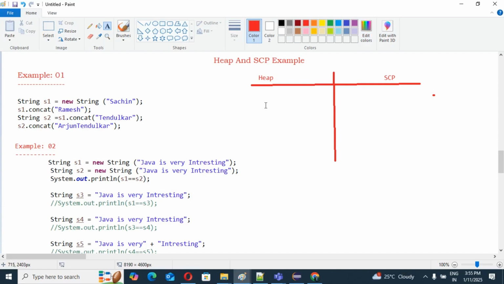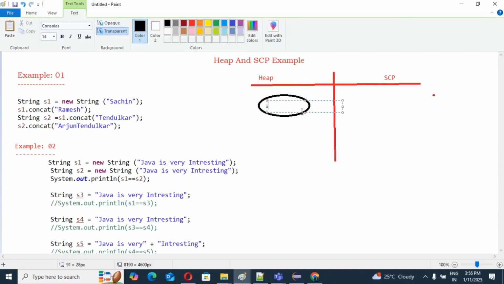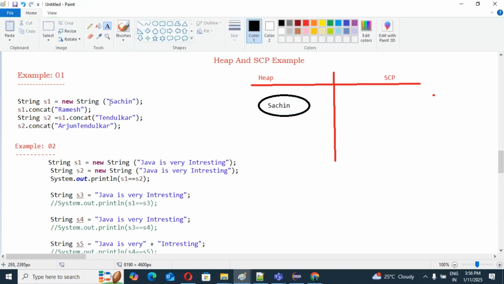Just keep that in mind. So I am going to create this object in our heap area. That object is Sachin, right? And this is a literal, right?